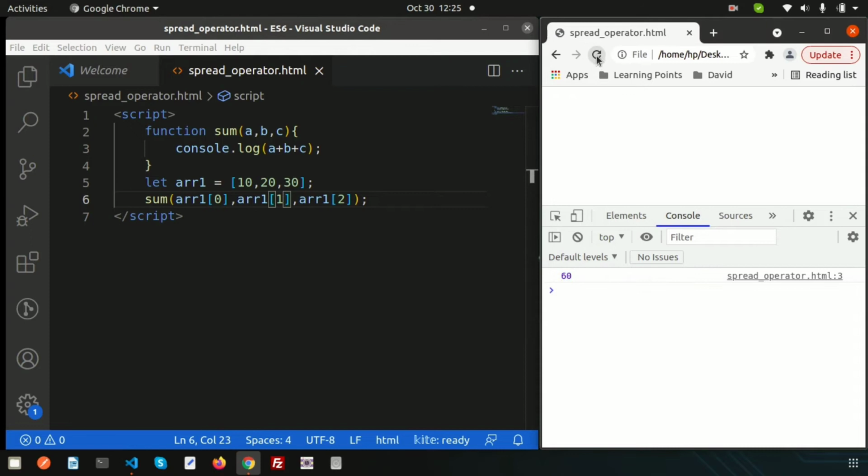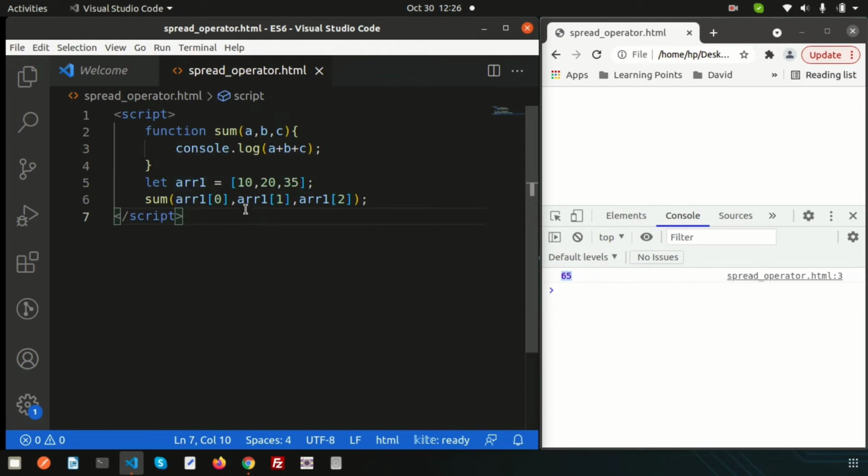If you refresh this, we will get the same output, or if I change it to suppose 35, then we'll get a different output. So first of all we are passing direct values, and then we are passing the array, but actually these are all passing values.